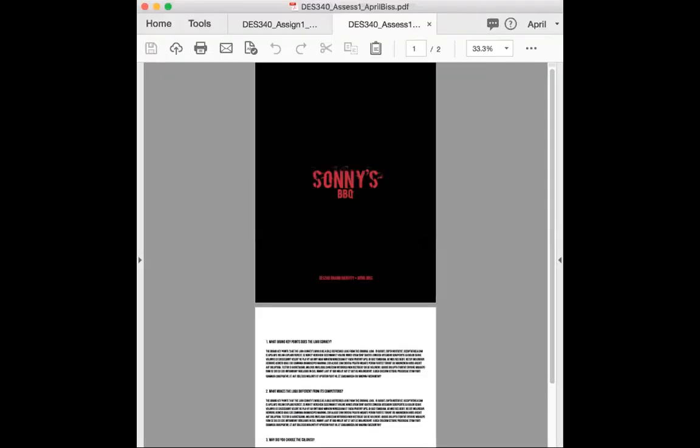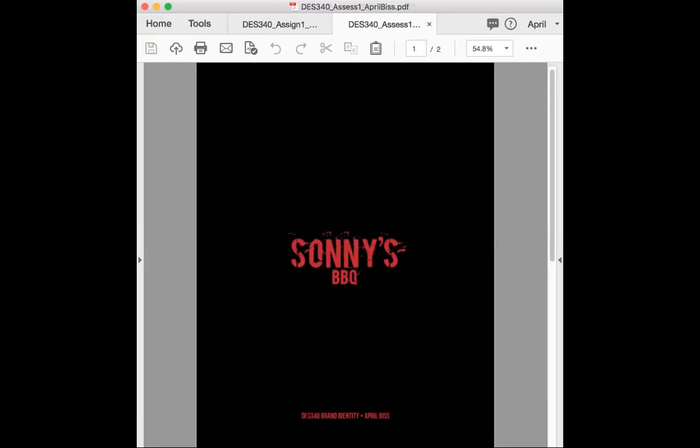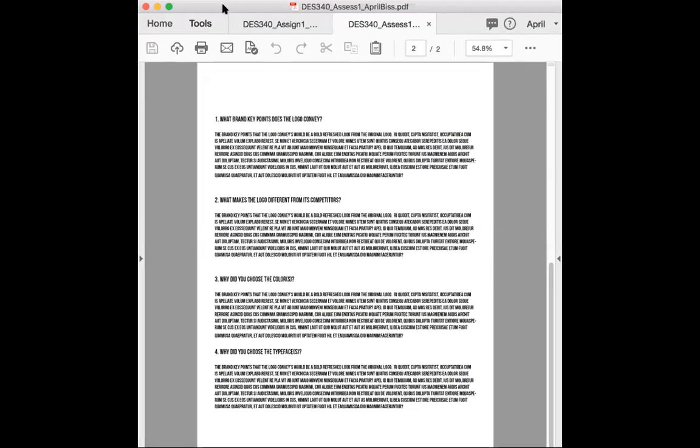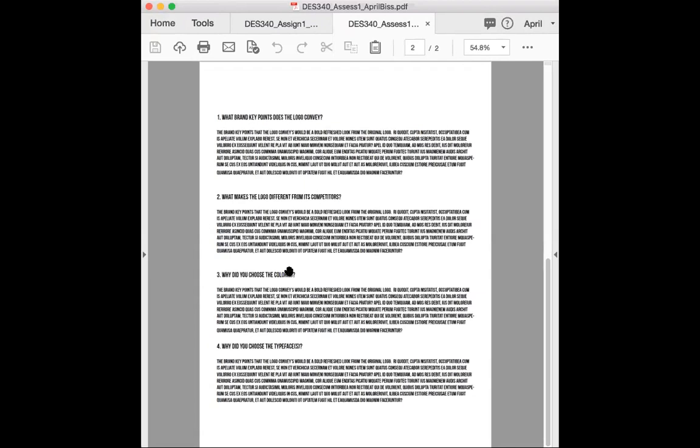This is my PDF here. And I'm just showing one logo that I think is the strongest for my cover. And then my supportive copy and explaining each of my design choices and reasoning there. So just think of it as if you're talking to the client when you're answering these questions. You want to speak very professionally. You want to use terminology that we use in design. Talk about design principles. Talk about color theory. And you don't have to talk about the actual subject itself, but bring that in as facts to support why you did what you did.